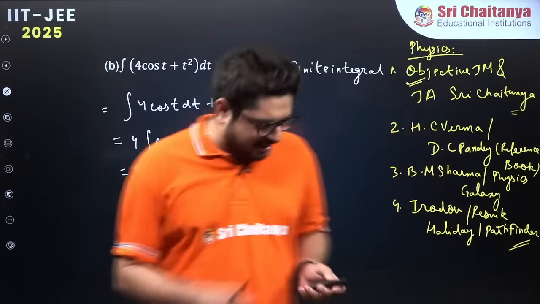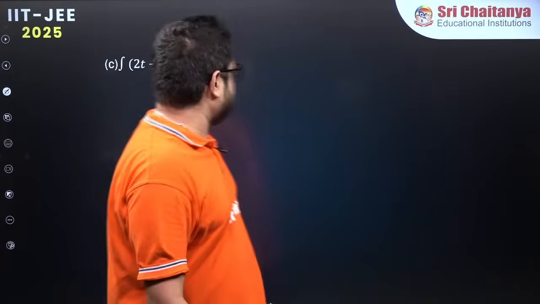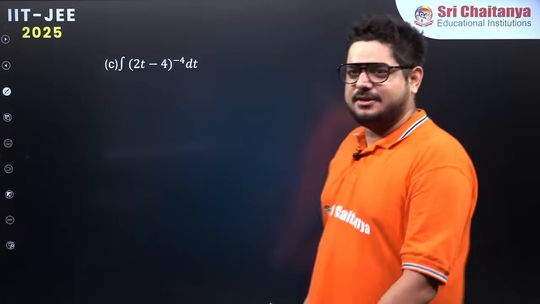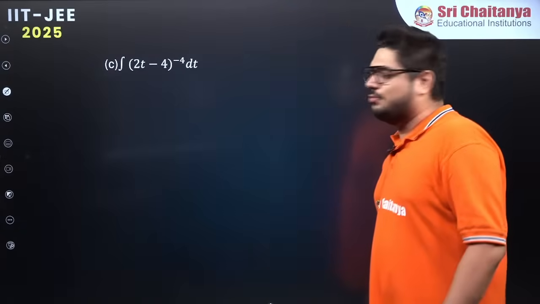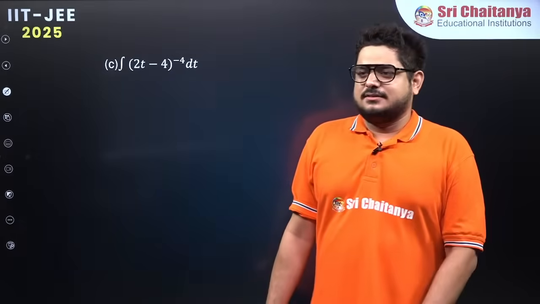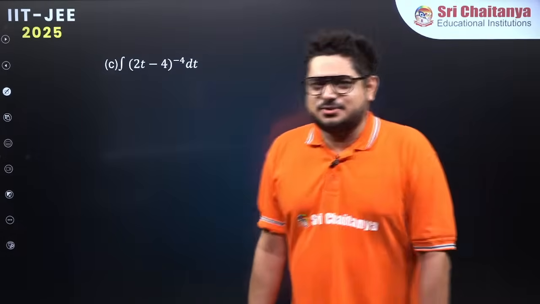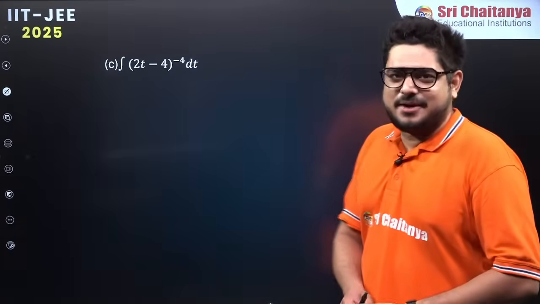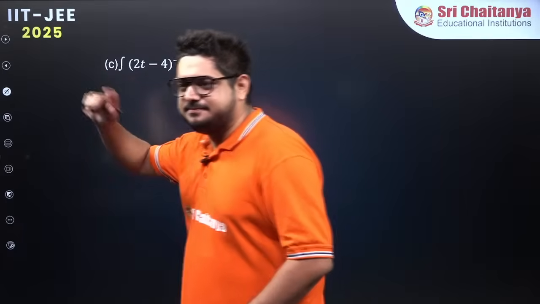Okay, fine. So let's try to solve some questions. Now let's see who will be able to solve this tricky question. That's the integration of (2t minus 4) to the power minus 4 dt. What's going to be the value over here? Yes, anyone? So can you recall